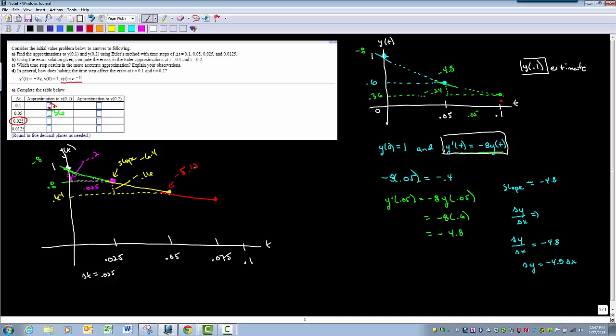That's the slope. We multiply it by the change in x, 0.025, and we get a decrease of negative 0.128. So we have to go down by 0.128. We take 0.64 and subtract 0.128, and that gives us a height value here